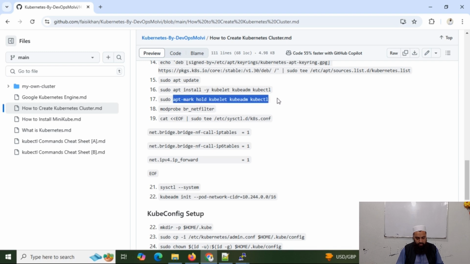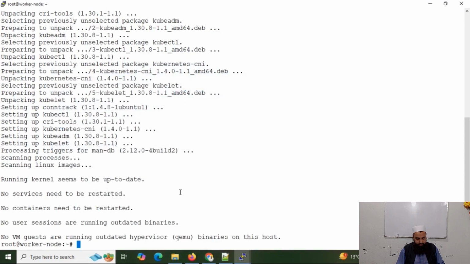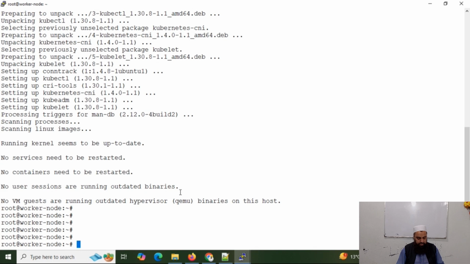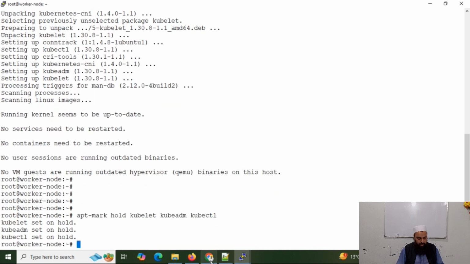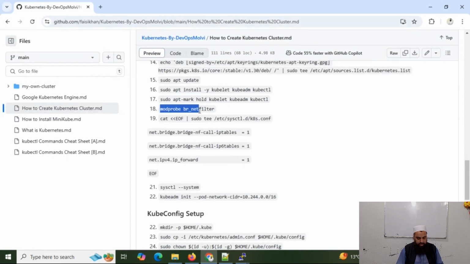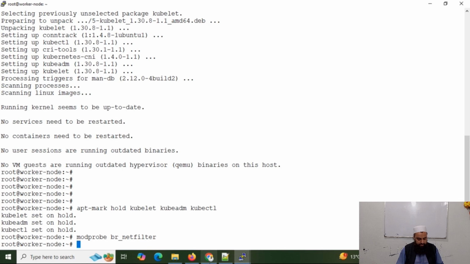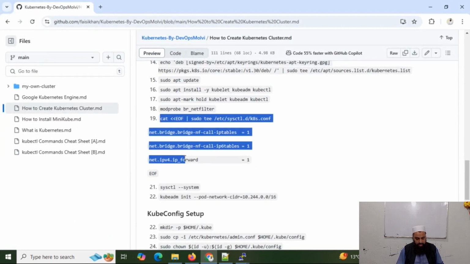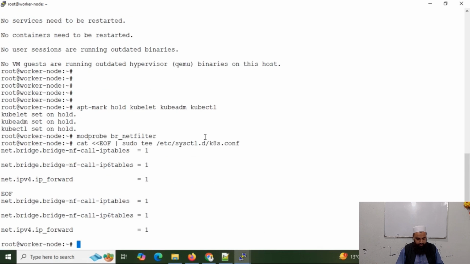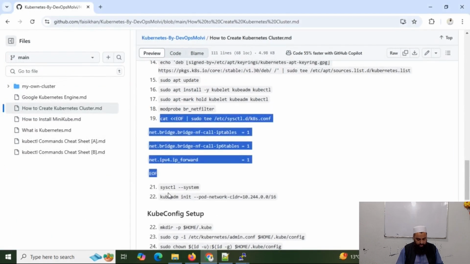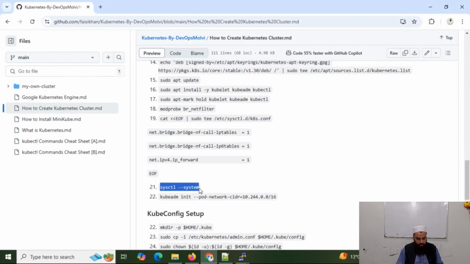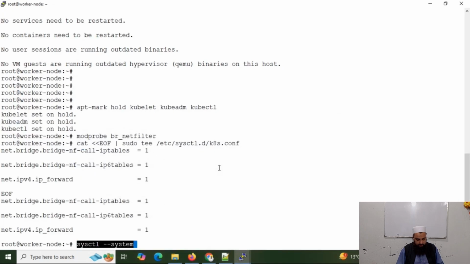I will also hold the version so that each master and worker node should have the same versions. These are some prerequisites, you can say, and I will run this, and after that we will update our system